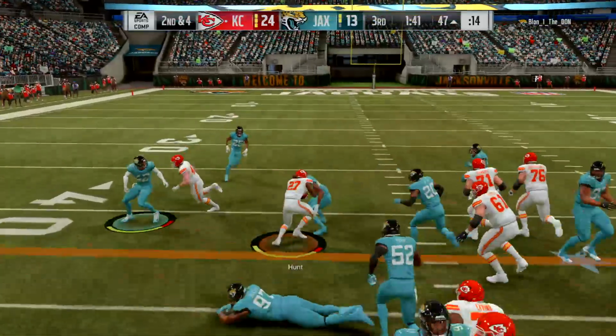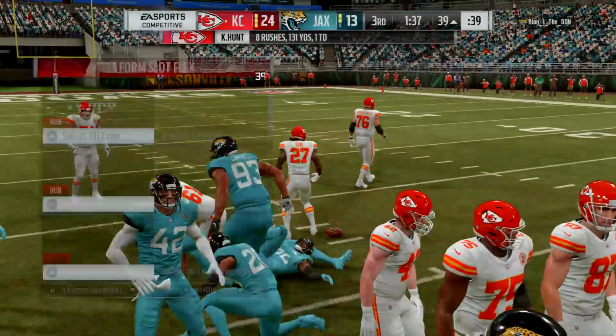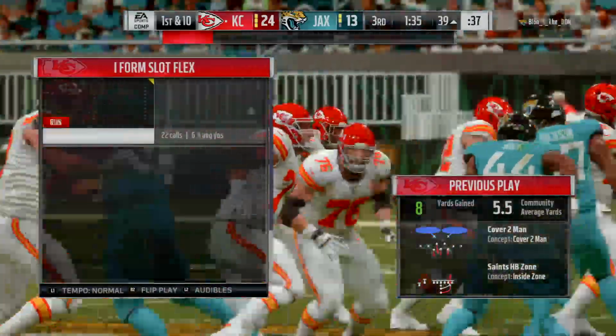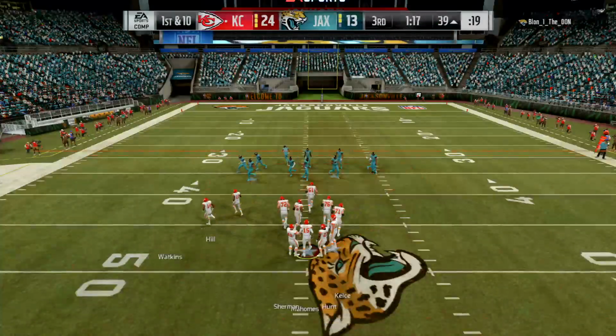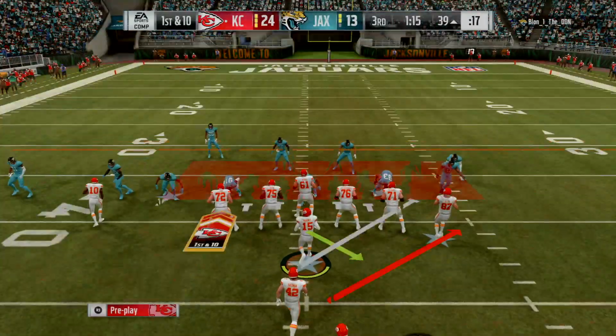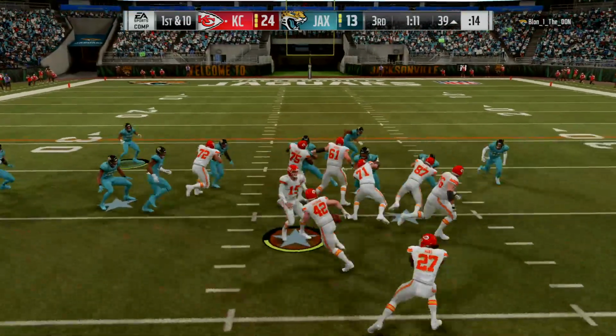Mahomes going to hand it off to Hunt. And he'll get it inside the 40 to the 39. It goes as a gain of 8, and it moves the chains. So many teams want to throw the ball in this situation nowadays, but I love watching a team that has enough confidence to go ahead and run the football. In that situation, that's almost...